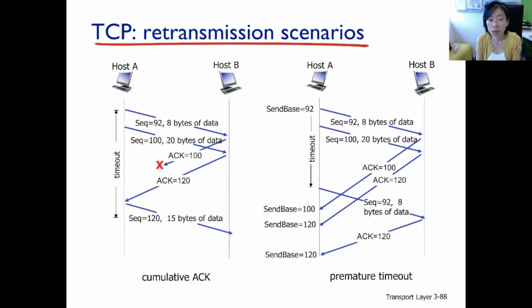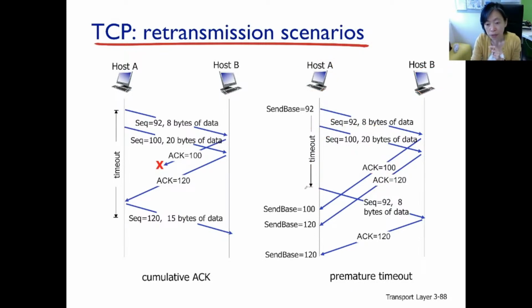The third example scenario looks very much like example 2's, where we have a sender sending 2 packets back to back. Sequence numbers identical. Therefore, receiver here will be sending back ACK 100 and 120. The difference is this. Example 3 is to demonstrate a case where we have premature timeout. That is saying the timer interval here is set very short, so timeout occurs before ACK can come back.